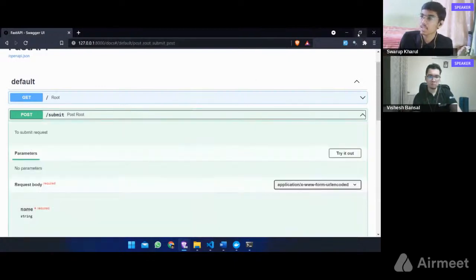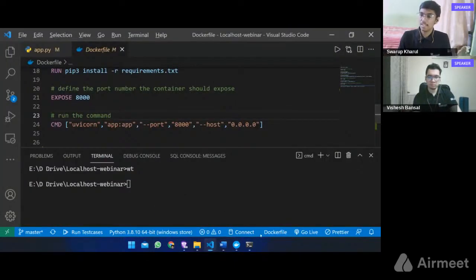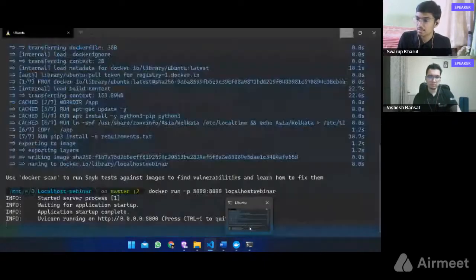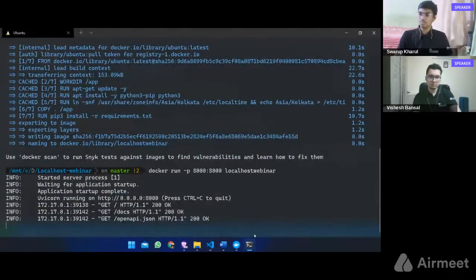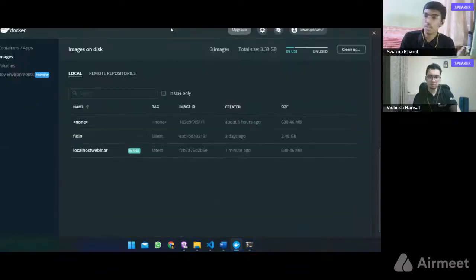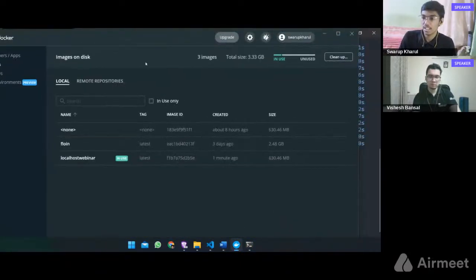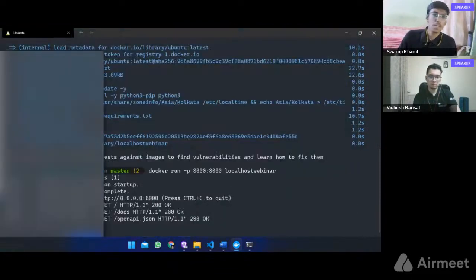Okay. So now we have successfully built the image and ran it inside the container. For Windows users, you need to install this Docker software in order to run all Docker applications. You can see our localhost webinar image is in use, and it is inside a container.